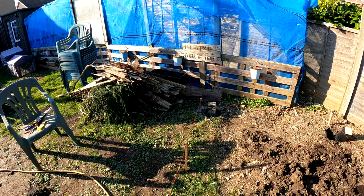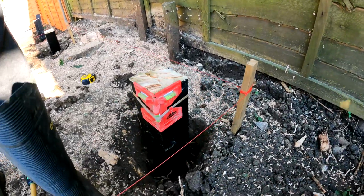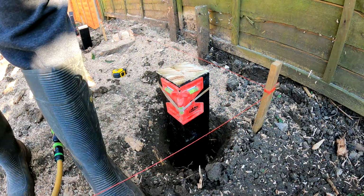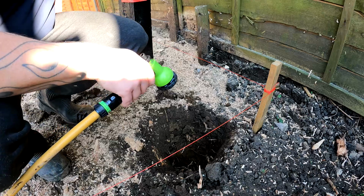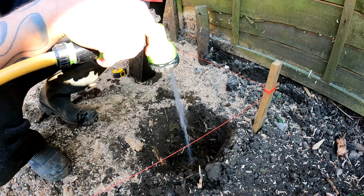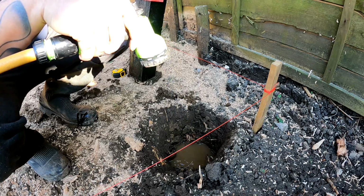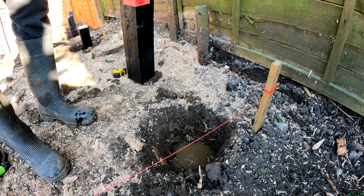Right, so we've already set one post over there, so that's in the ground permanently now. Now I just have to set this one, so pop the camera here. What we use is this stuff here, Postcrete, blue circle stuff. Works wonders, used it a few times now. So what you do is you fill the hole a third of the way up with water until the water stops draining away. Luckily we've got quite clay soil here, so the water doesn't generally drain away anyway. And then